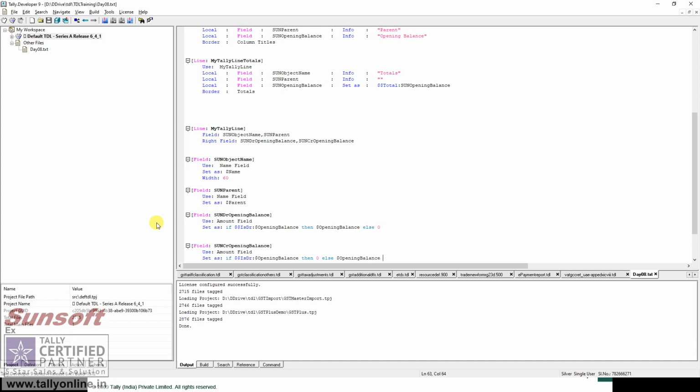This is a small change that we make, and the opening and closing balances are changed. Now let me change some other things also. The totals need to be changed.